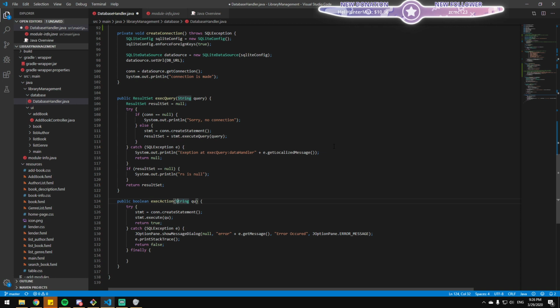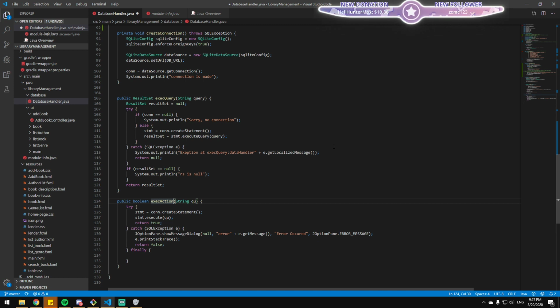Exec action. So you have commands and queries. Probably command is a better word, I'm not sure. Action, command, nitpicking. Also, there you wrote query and there you wrote queue, so it's a bit weird. I would say it's an action. Execute action sounds better. A query is something that gets data, and a command is something that modifies database stuff. So query is just reads, and execute action is delete, update, or create.